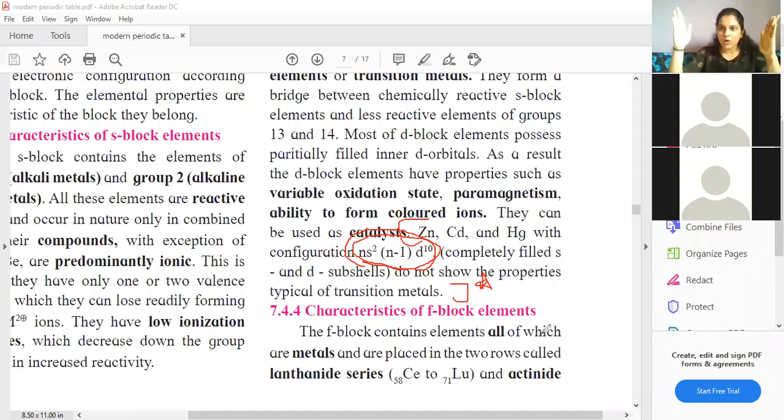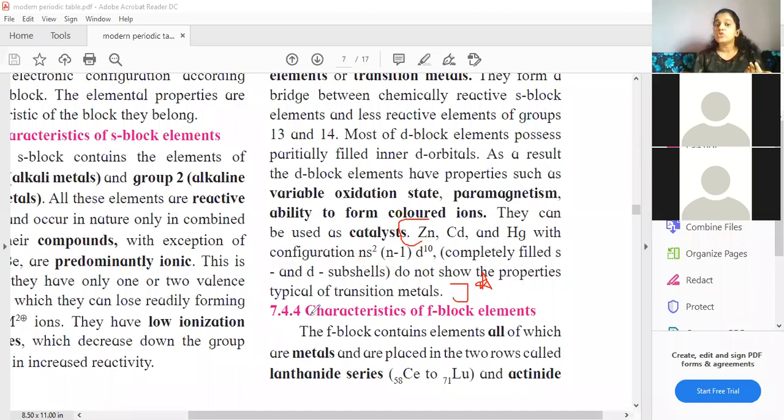Okay, your d block from the first group, what happens? d1, and then d2, d3, d4. And when you come to the second last group, the copper one, if you remember, copper, Ag, Au, there the original configuration is s2 d9, but in order to achieve full filling, one electron from s will jump to d. So it is s1 d10. But here carefully see what is written: s2 d10. So it is the last group of your d orbital, which is completely filled, right? Yes or no? It is completely filled.